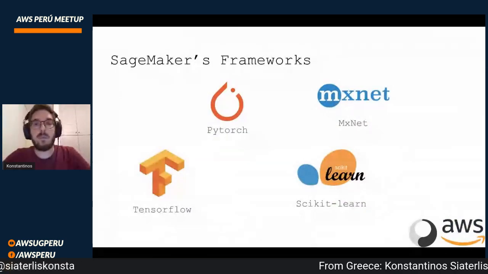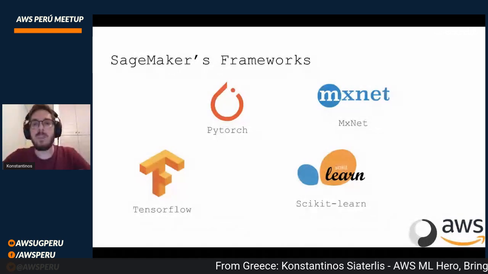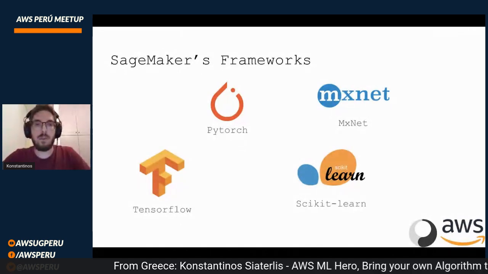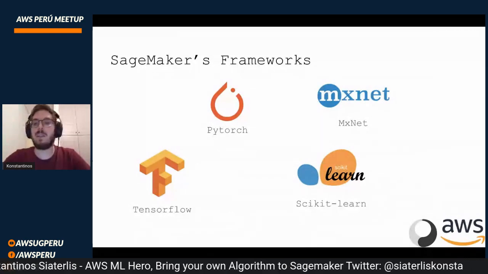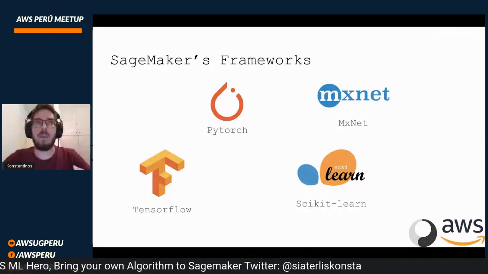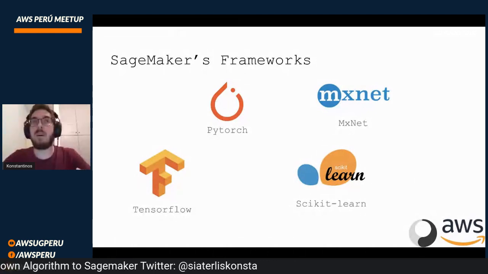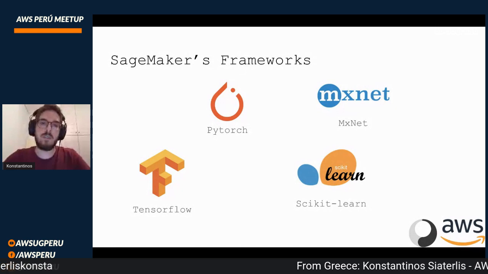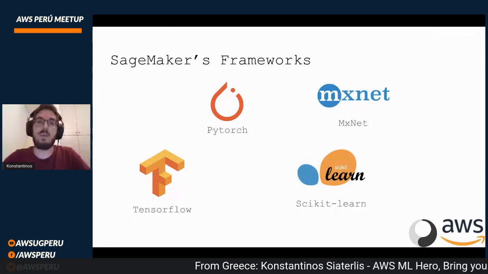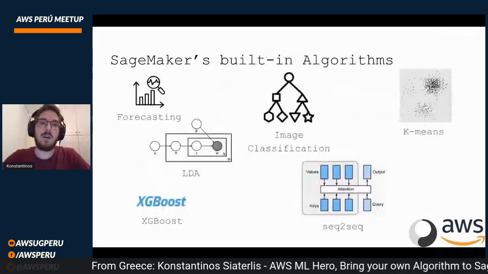Considering the frameworks that it supports, especially on the estimator part, which we're going to see later, it's all the popular ones: TensorFlow, PyTorch, scikit-learn, MXNet. I think now they have added Gluon. There is Spark that you can spin up with MLlib, and so on. There's a bunch of options. And even if you don't find your option, you can always build your own.